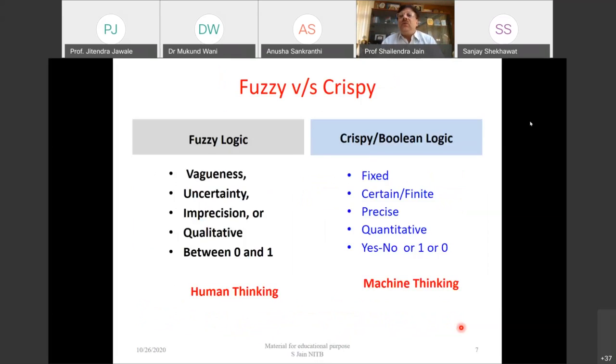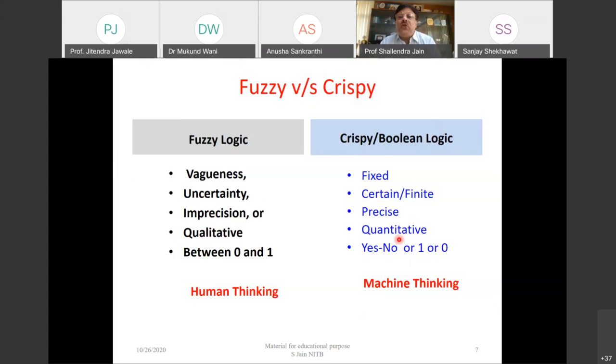So now coming to this, we'll now compare fuzzy as well as crisp logic. In fuzzy logic, basically we have vagueness. Your system is uncertain, inputs are uncertain, imprecise, qualitative, maybe not necessarily a yes or no kind of thing. Whereas crisp logic is also called Boolean logic. Your inputs are fixed. They are in the form of yes or no, high or low, or simply binary logic, either 0 or 1. There is nothing in between.